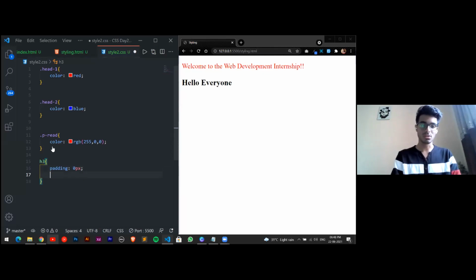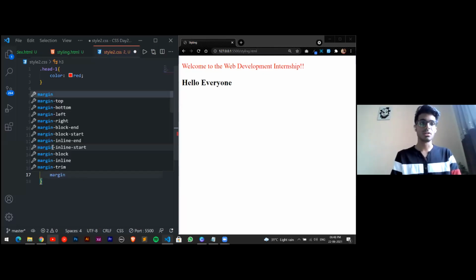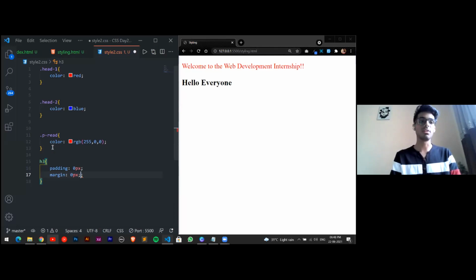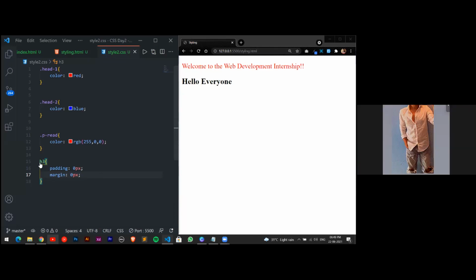Also the margin to be 0 pixel. So whatever value we provide ahead using the margin and padding, that will get applied. So as you can see, there was a shift inside the elements. That is because there was a default padding over here, which we have removed. That's the reason HTML provides us with the default padding.